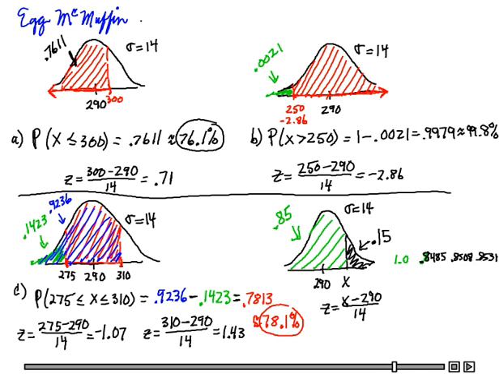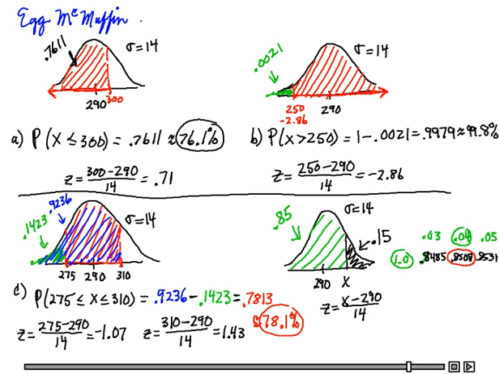So the closest one is really 0.8508, and that is in column 0.03, 0.04, and 0.05. So the value that is closest to 0.85 is the 0.8508, and that is in row 1.0